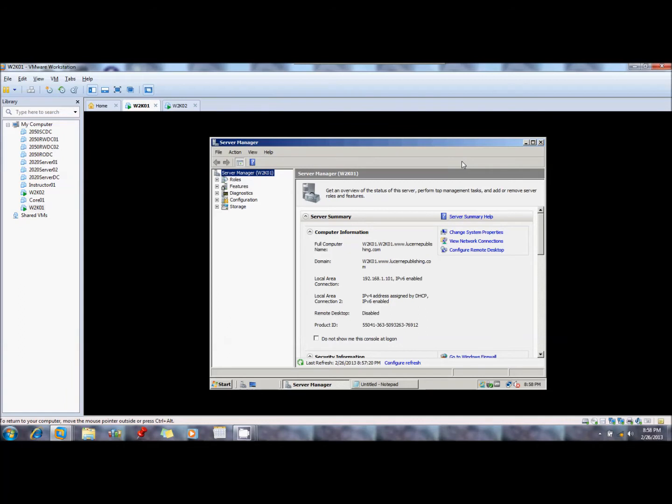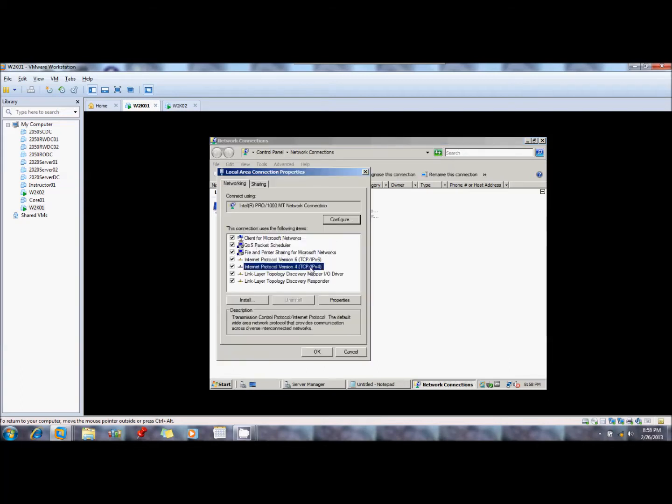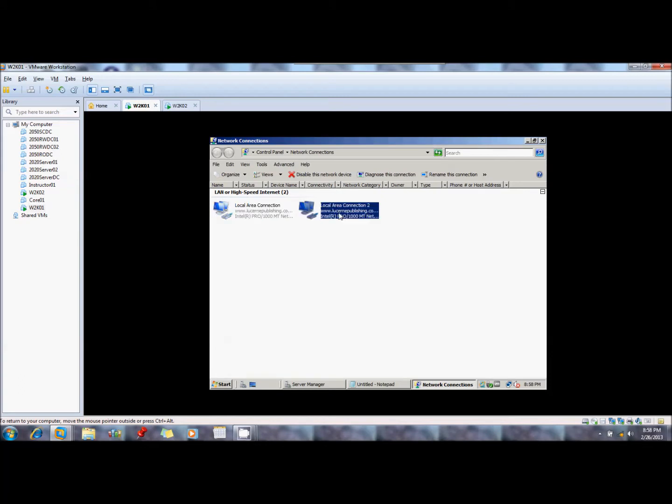So the first thing I want to do is go to my network connections to configure a static IP address on these two connections. In the first one, I want to go to the IP version 4, and I want to change this to 10.1 and get rid of the old address. Hit OK, close, and you want to do the same thing to the second one,